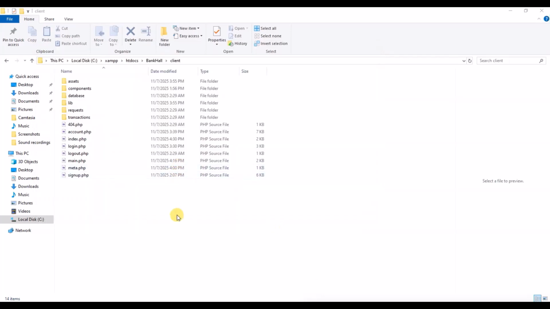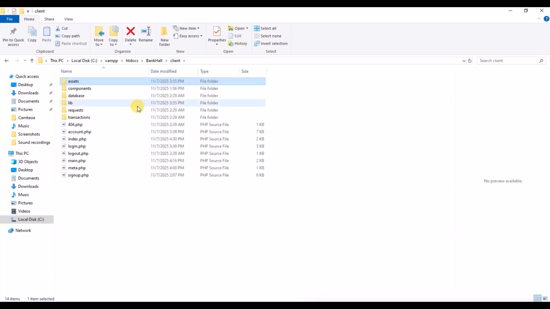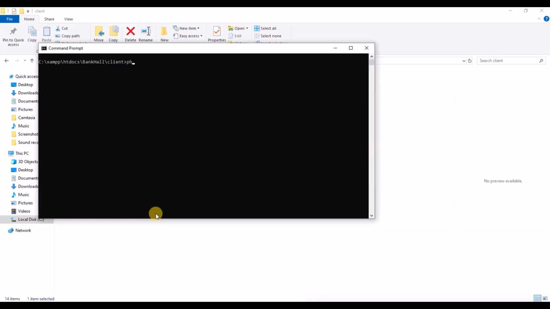Now, let's say you have a full project with multiple folders like index.php, CSS, JS, pages, includes. As long as the entry file is index.php, you don't need to specify anything in the URL. Just stay inside the project folder and run using the command php -S localhost:8000, or whatever port number you are using. Then open your browser and go to that URL